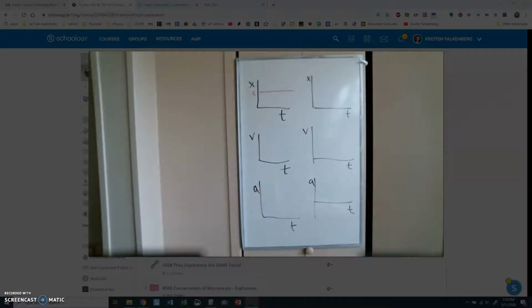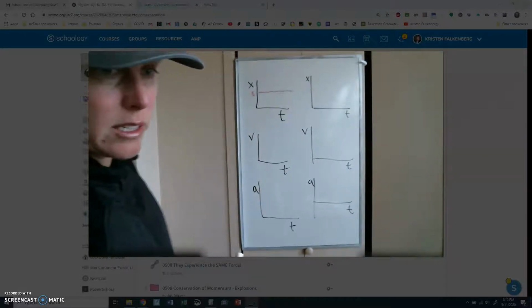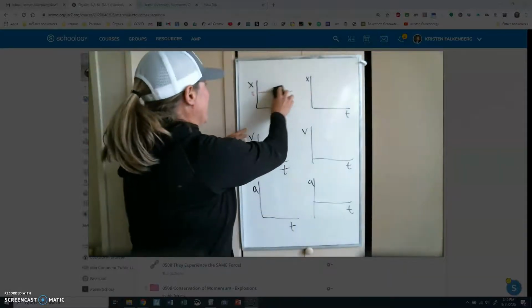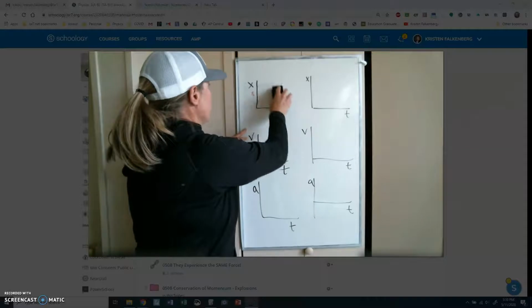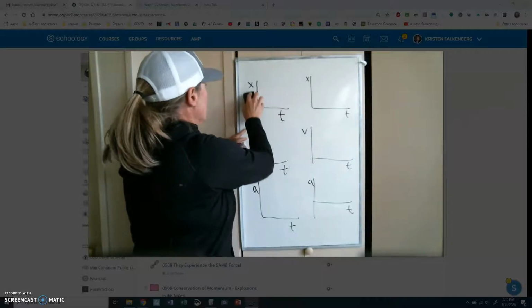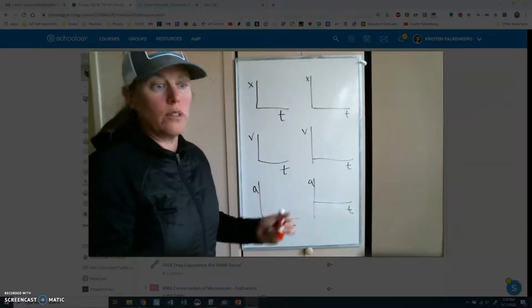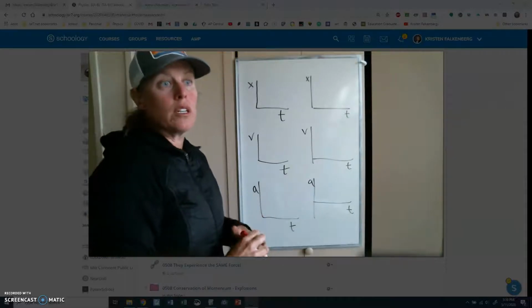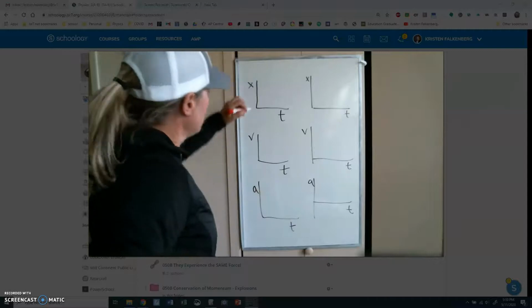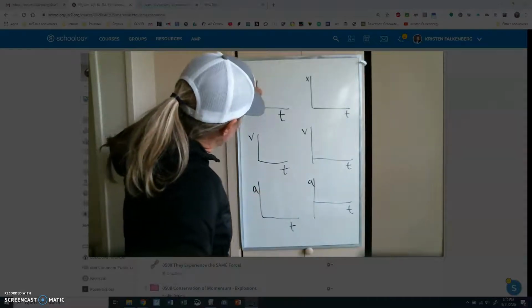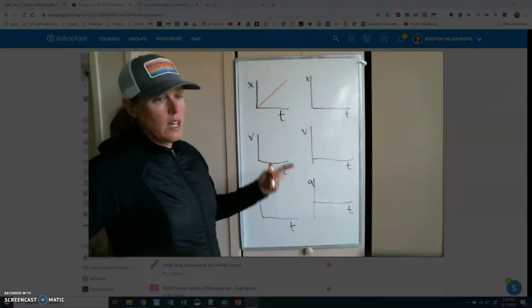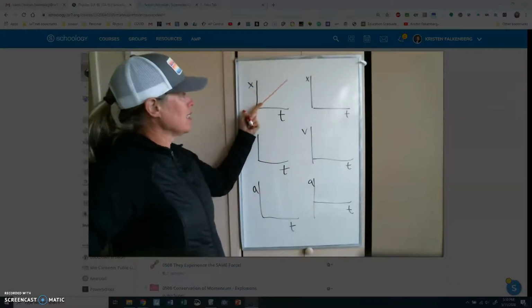Okay. All right. So this really is meaningless because we're not going to make observations about something that's not moving. We are going to make observations of things that are moving. And the first thing we want to do is something that's in constant motion, like a constant rate. And so when we did a position time graph, we showed a graph like this, and this has a constant